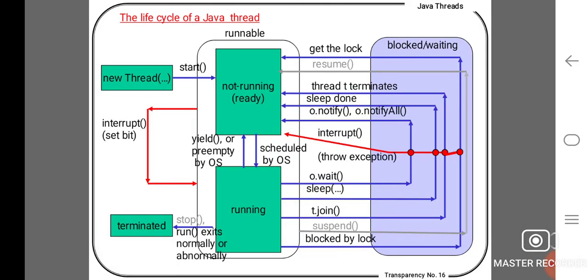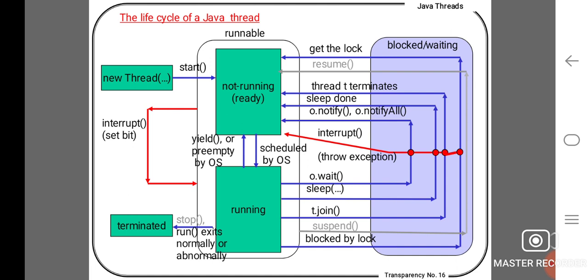It's not running, it's runnable. Interrupt sets the bit; running yields or is preempted by the OS, and then it is scheduled by the operating system from ready to running state. In blocked or waiting, it gets the lock and resumes. The thread terminates when sleep is done, on notify as well as notifyAll, or in case any error has occurred and then interrupted,